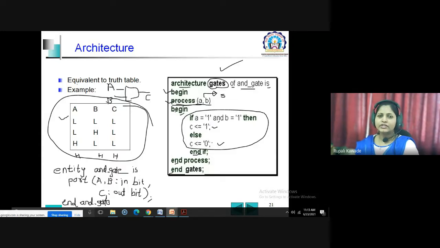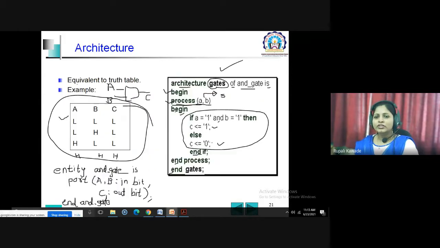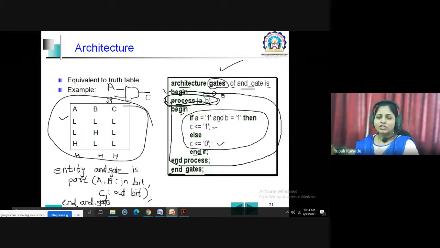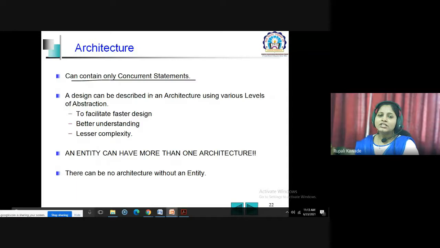Now this architecture can contain only concurrent statements. This is very important. This architecture has only one concurrent statement, the process we have written. This statement itself is concurrent, but the statements inside the process are sequential.